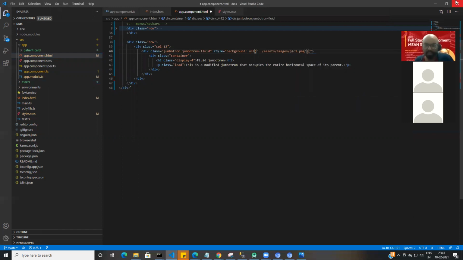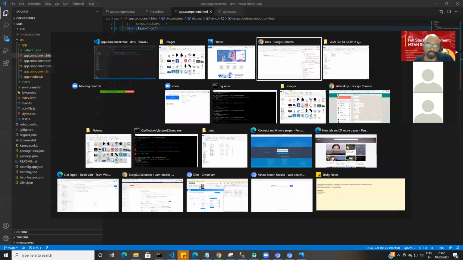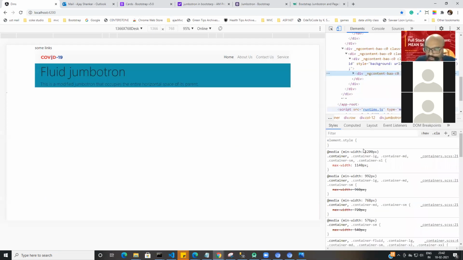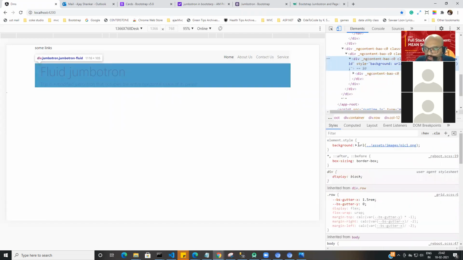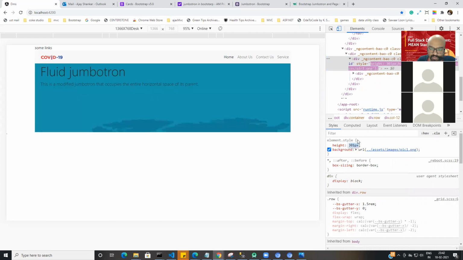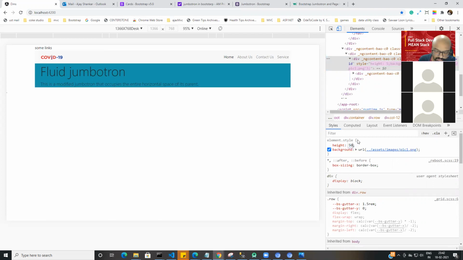Perfect. Let's see by adding this image how it is going to look like. Okay, it has been added, but since we have not given the proper height, it is not working the way we wanted. But no worries, we can always alter. Now, yeah, this is the background. If I give height as 300 pixels, how is it going to look? Beautiful. If I increase it to 500, then how?